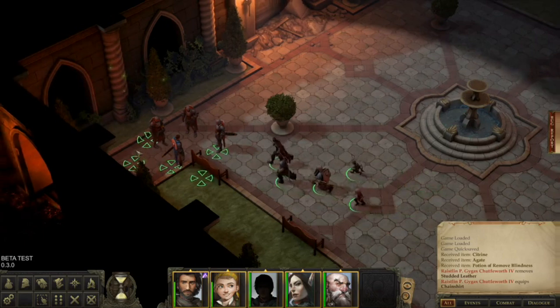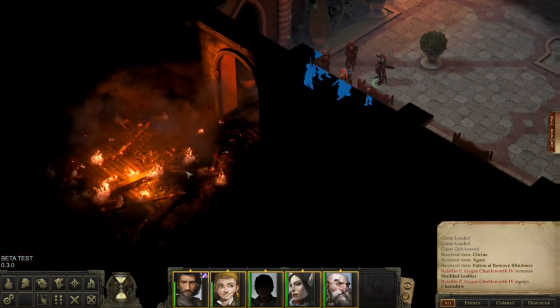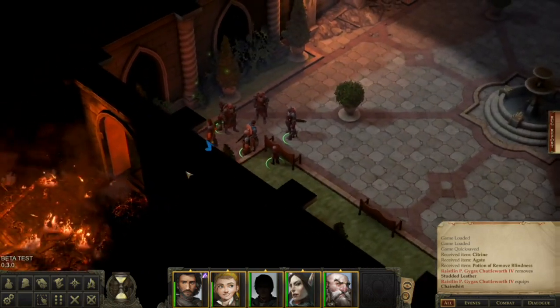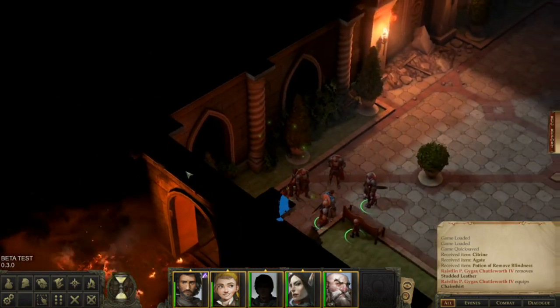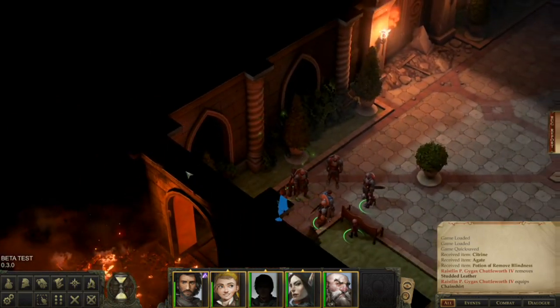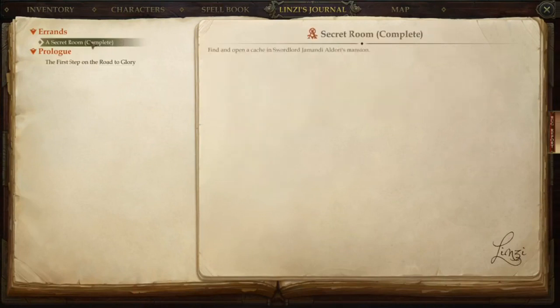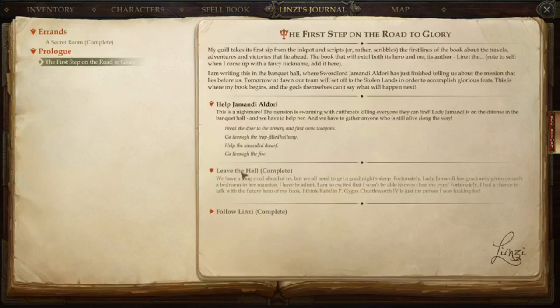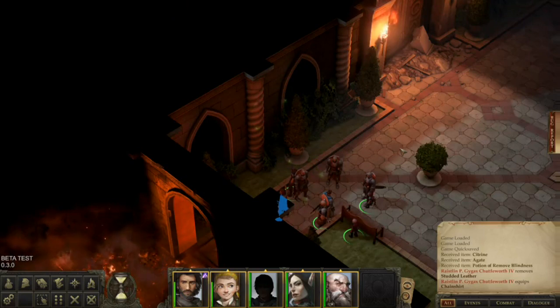All right. The fire effect looks really good. I never felt like, oh, that fire and that water looks really good in a game. Alright, journal. A secret room. Alright, leave the hall. Oh, okay, go through the fire. It just says go through the fire, which I think is weird, but...